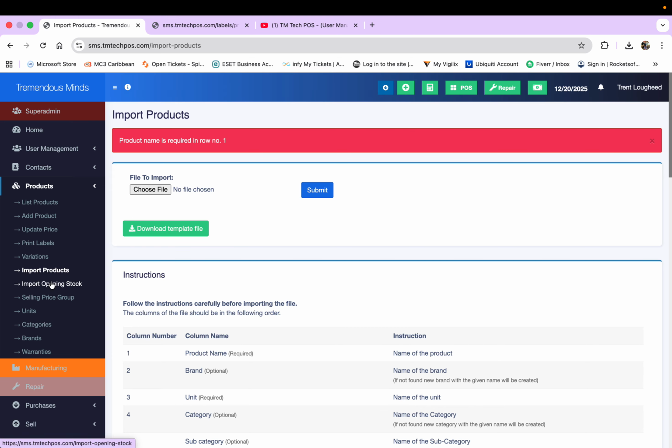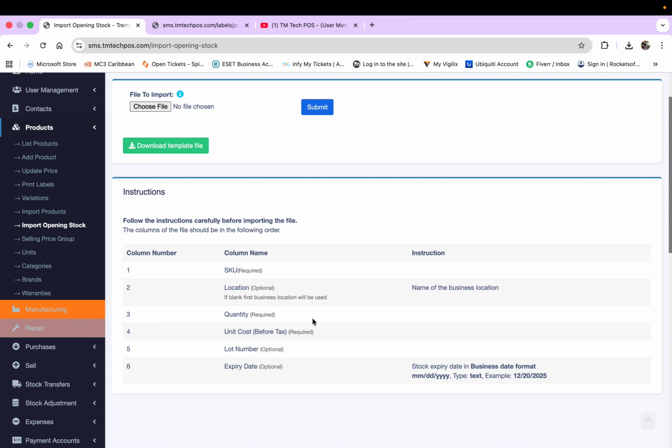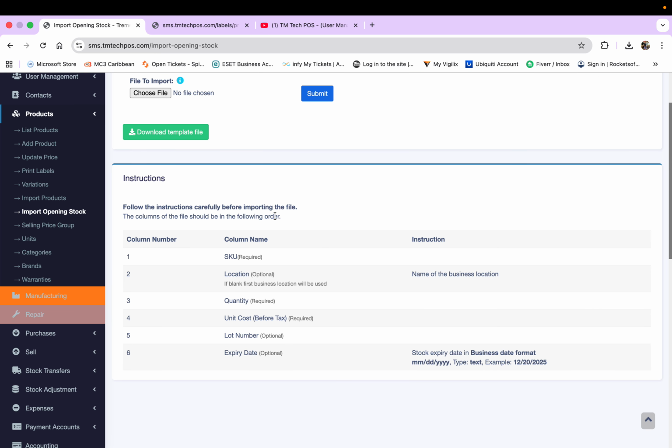So yes, so this is import products. Now let's go to import stock. Import stock is the same. So they give you the instructions, follow the instructions carefully. SKU required, location is optional. If blank, the first business location will be used, right? Quantity required, unit cost required, before tax required, lot number optional, expiry optional, and they give you the date format,